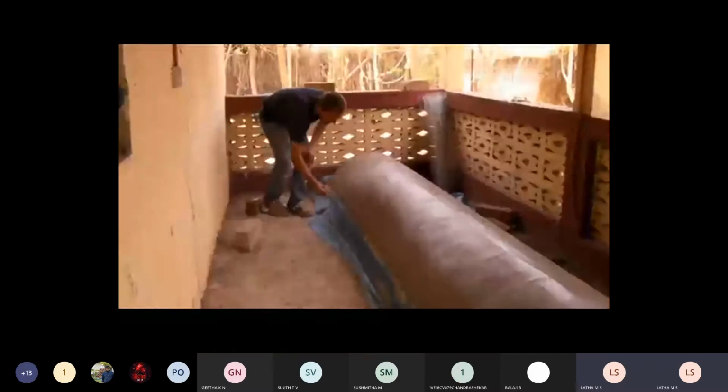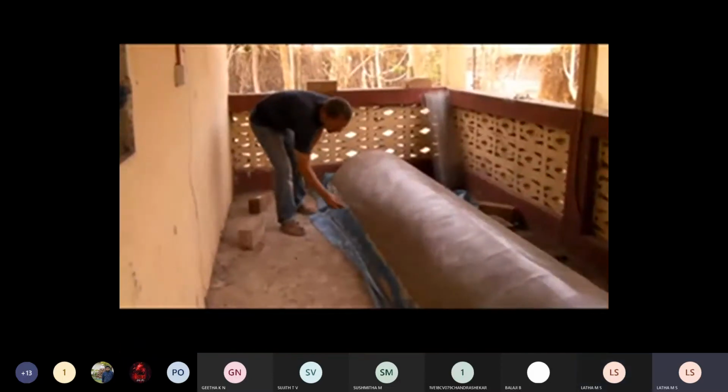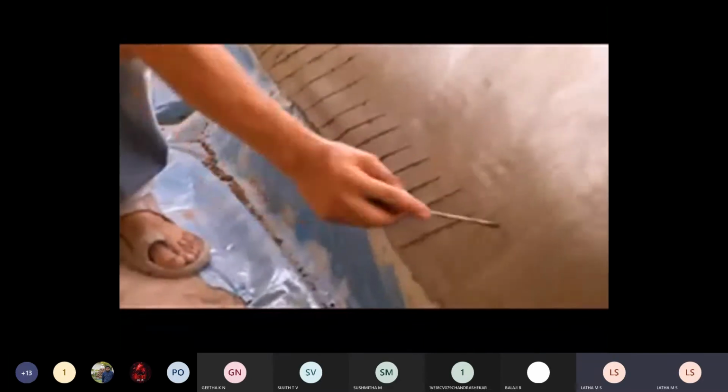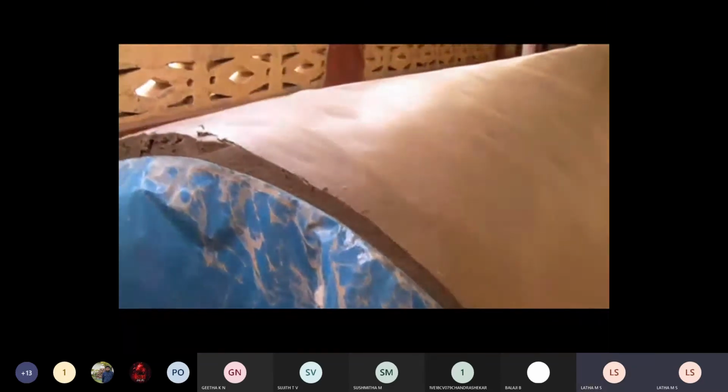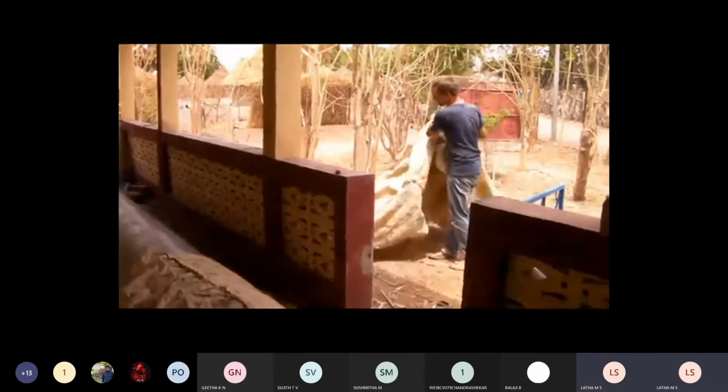Channel is a semicircular or a U-shaped channel. Do you get a picture of what is a precast ferro cement channel, students? You get an understanding? That is a channel section.